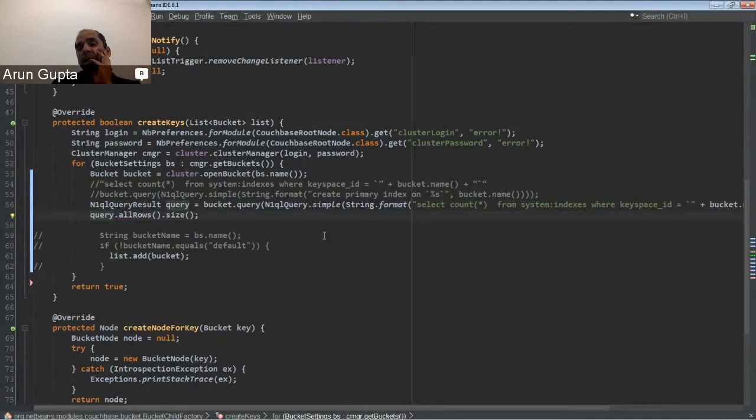You can just say star, and then the number of rows that are returned will be what you want. Right. So you get live programming. So if size is more than 0, then you're indexed, otherwise not.